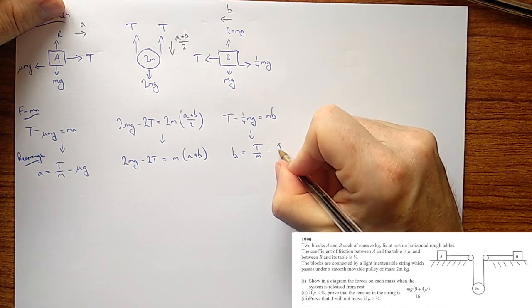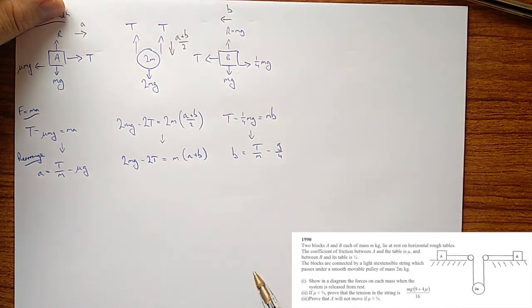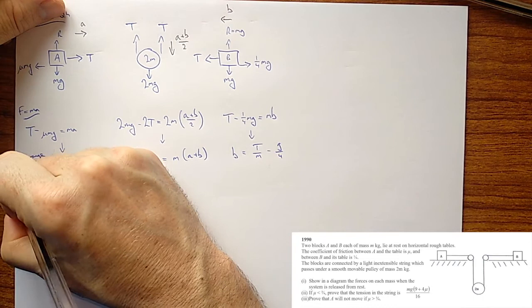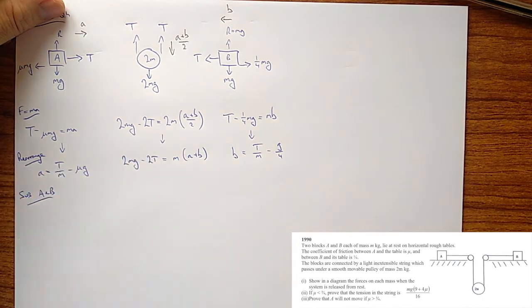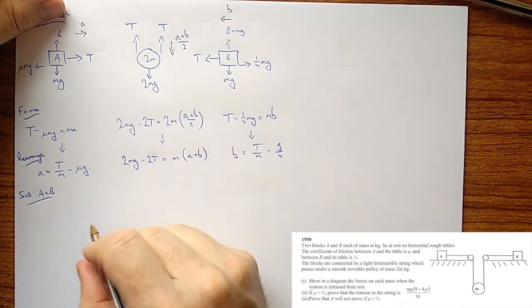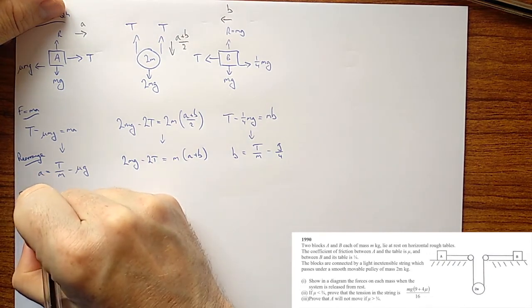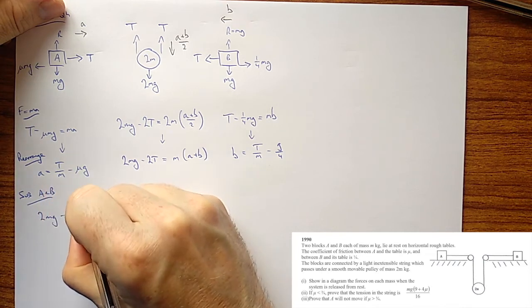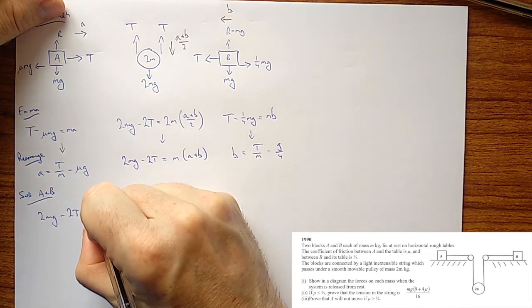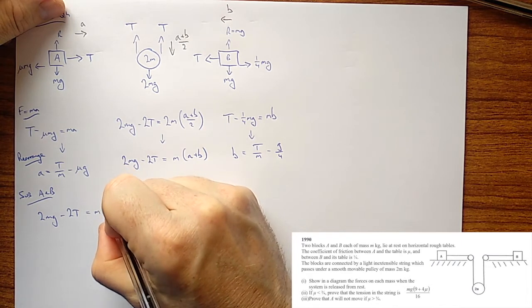minus what is g over 4. Okay, quarter g. So substitute A and B. I end up with 2mg minus 2t equals an m factor of t over m